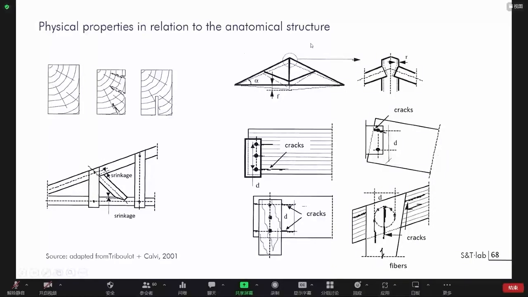And this calculation that has been put forward by Tribullo and Calvi in 2001 shows that in the case of the timber framework, the change of dimension due to the change of moisture could be higher compared to the deformation we'll get against loadings. So the structure will be more deformed by the play of water, let's say so, than by the loading itself. And of course, if we have